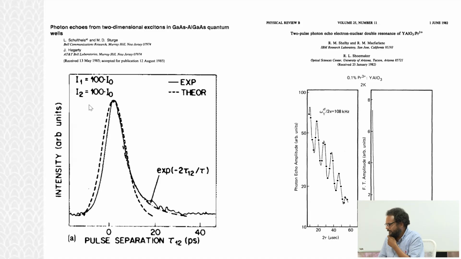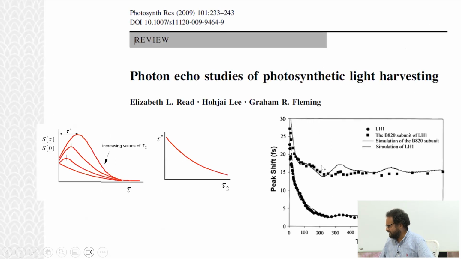Share, PowerPoint, open. Okay, so this on the left happens to be one of the early photon echo experiments done on 2-dimensional excitons in gallium arsenide, aluminum gallium arsenide quantum wells. And you see a nice decay here. Of course, it's convolved with your pulse width. We're doing it with picosecond pulses. Now we have 10 femtosecond. They still saw beautiful signs there. And I want to point out that a similar kind of response is seen in magnetic resonance. But what I want to show is this.